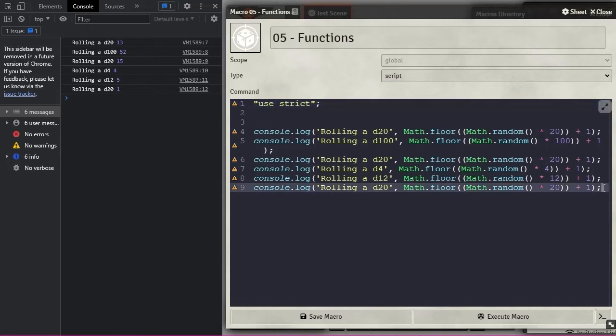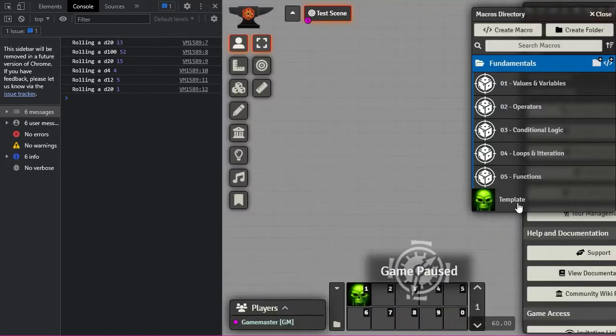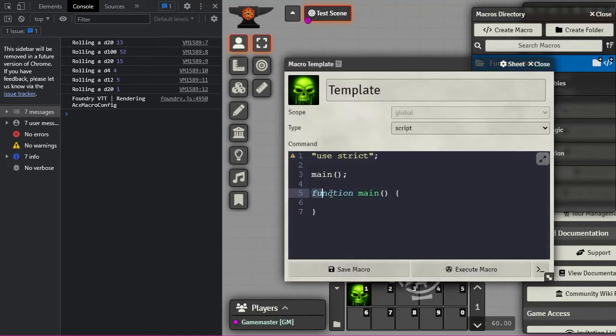Well, if we want to do this, in this example it's not going to look as nice, but bear with me. Let's say we want to look at a basic function. And we've seen a function quite a bit already, whether you know it or not. If we click close here and click on our template, right here we have our main function, and then we're calling that function. And you'll notice in JavaScript, it doesn't care if we call the function before it's